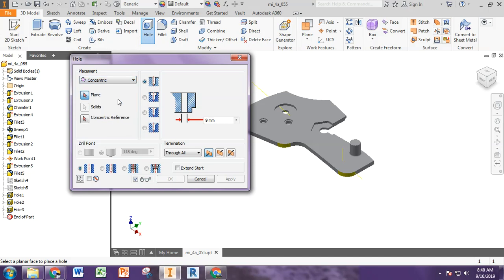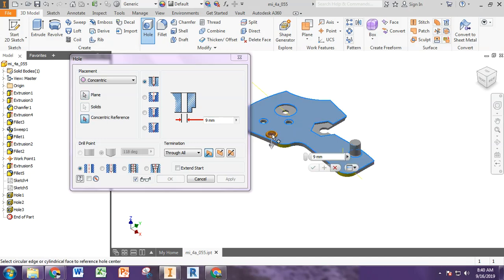So if you remember, concentric means two things that share the same center point. So what it wants is for you to pick a plane, which defines the surface where the hole will be started from. So if you were to drill this hole, where would you start from? So for that, I'm going to pick this top surface. And for concentric reference,